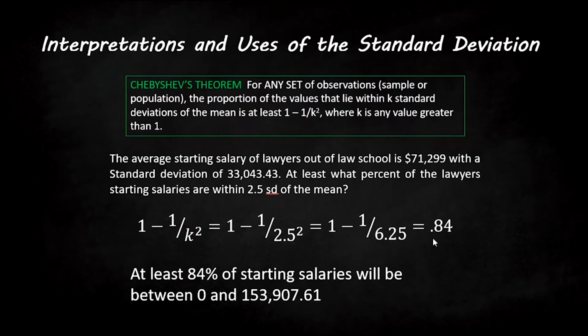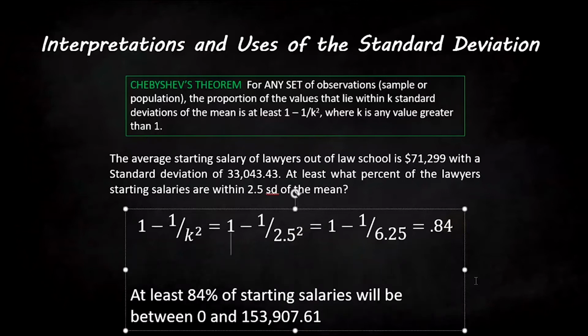What this is saying is that we know that at least 84% of lawyers' starting salaries coming out of law school will be within 2.5 standard deviations of the mean. Well, that's great, but who really cares? Am I going to go in and say, hey, 84% of lawyers' starting salaries will be within 2.5 standard deviations of the mean? Nobody really cares about that. So what you're going to want to do,